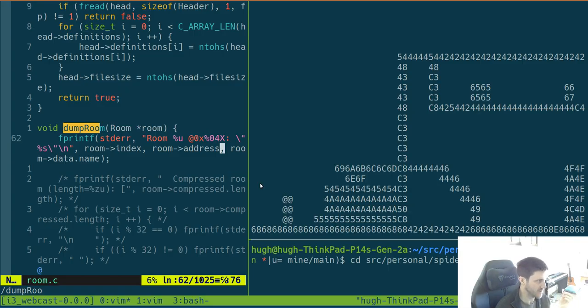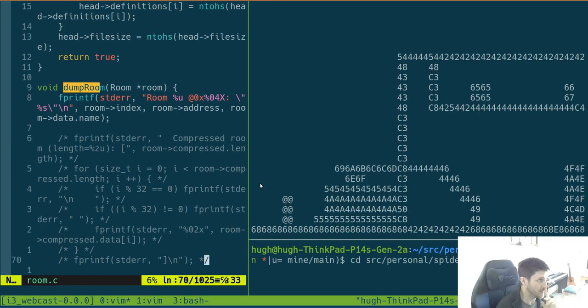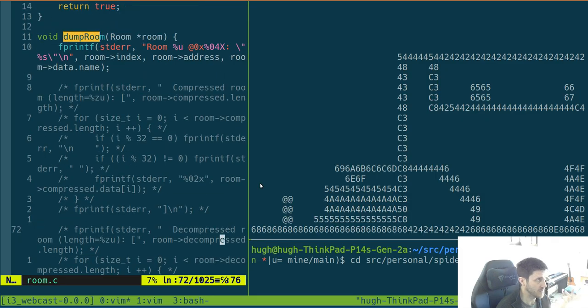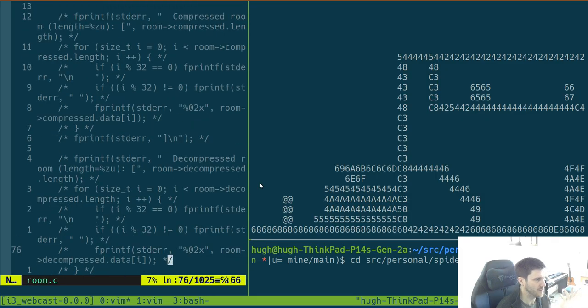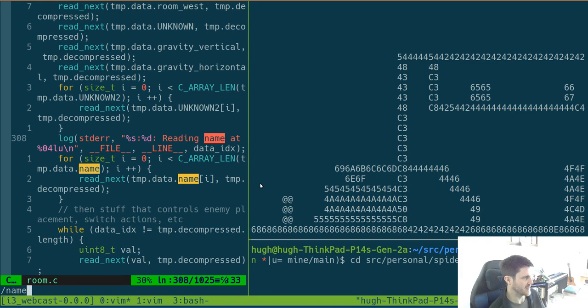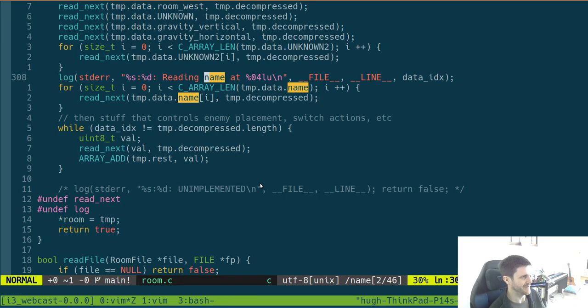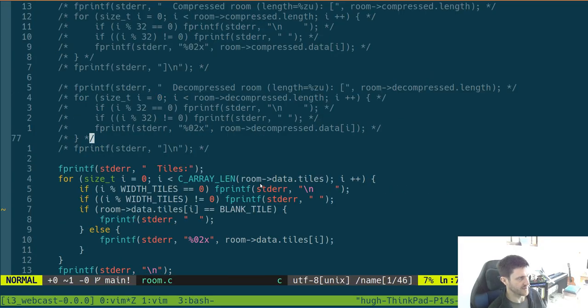The data should have a name, and it's theoretically null. We reset the name. Do we ever zero it? No, it's not really zero initialized, but it is always